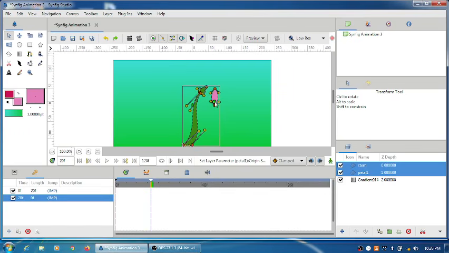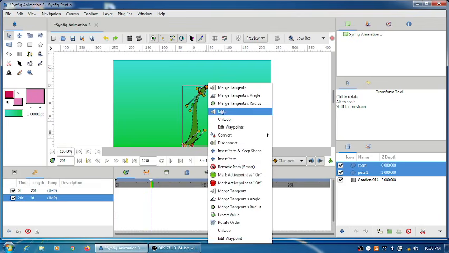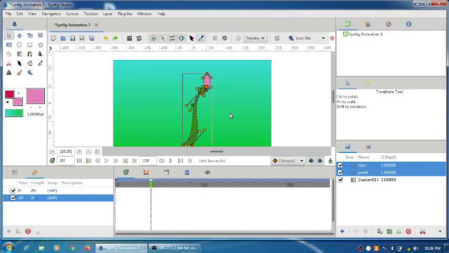Now first click on the origin point of the petal, press shift and click on the top vertex of the stem, and right click and select the option link. Right, so if you do not follow this step correctly, you will not get that link option available in the pop-up menu. So again I'll repeat the steps.